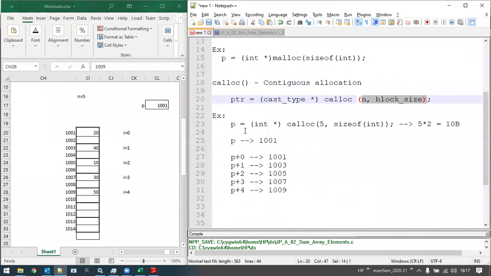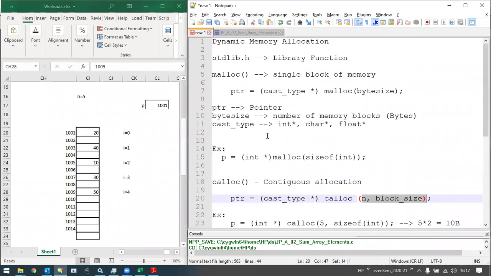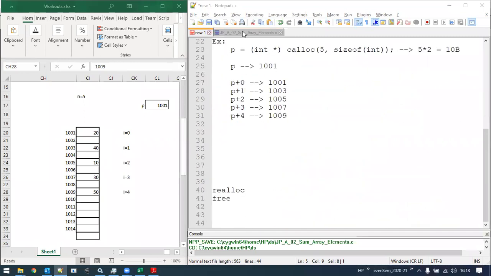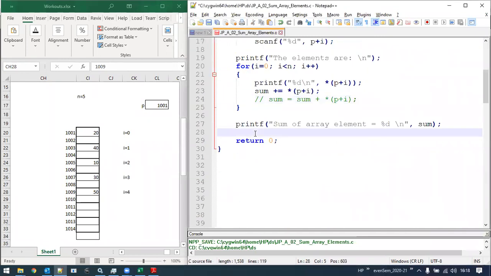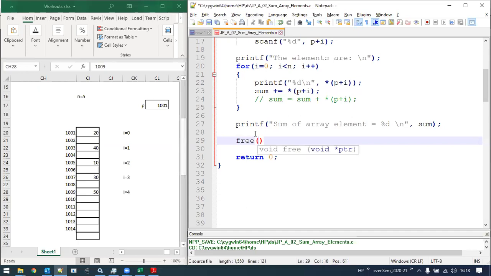Okay, now coming on to the next concept, we have looked into what a malloc function is and what a calloc function is. Now we will look into the last one, that is realloc. Yes, Shweta has pointed out that we have not written the free statement. Yes, Shweta, you are absolutely correct. We missed writing a free function, which we mandatorily need to write as a best practice to deallocate the memory. Very good. We need to mention the free function.